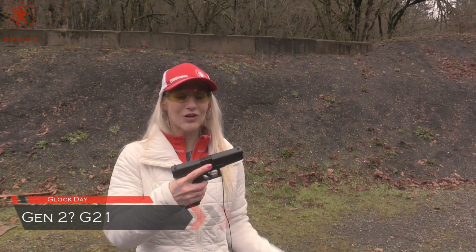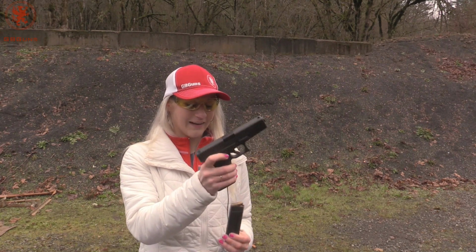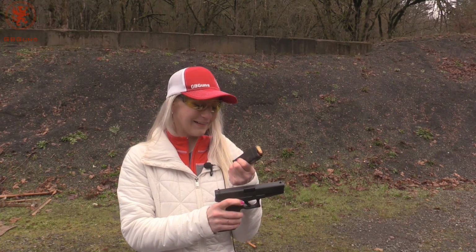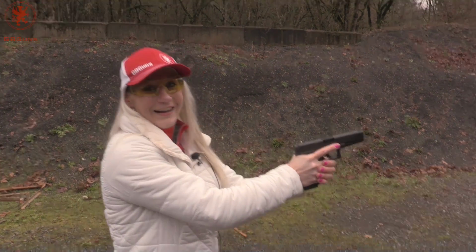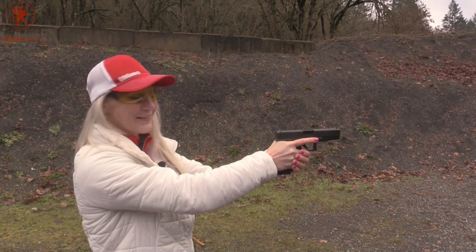All right, so just for kind of funsies here at the end, we're gonna throw into the mix a Glock 21. This is actually a 45 caliber. And as Graham just noted to me, this has a California mag, which is 10 rounds. Poor Californians. I hate this gun in my prior shooting experience, so